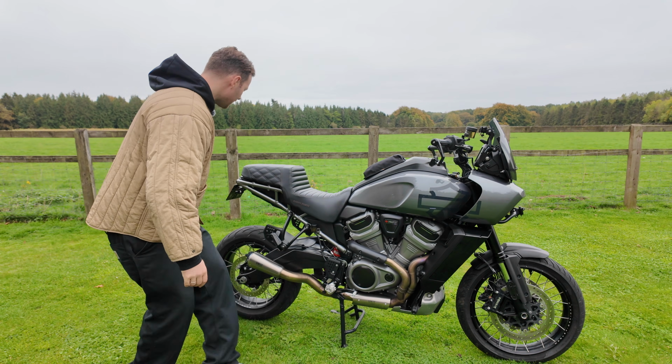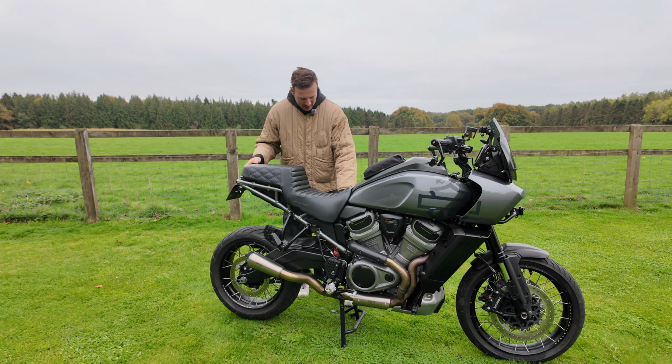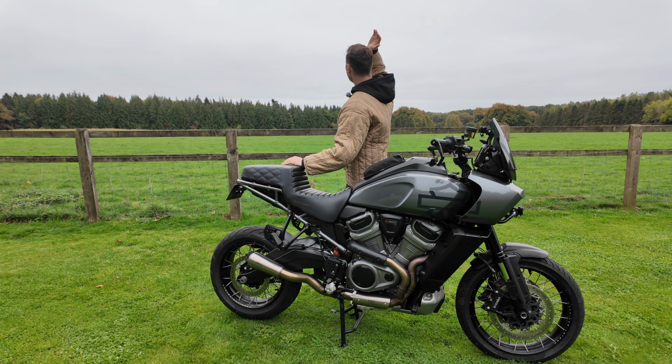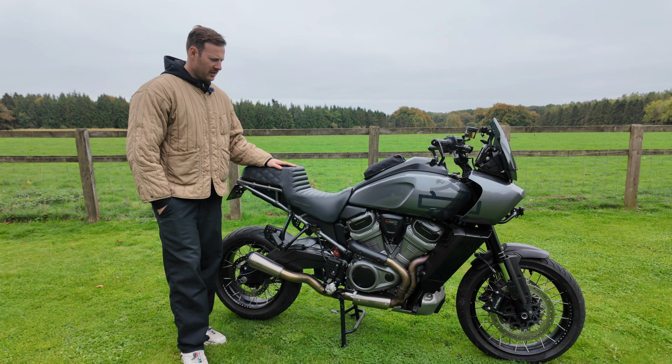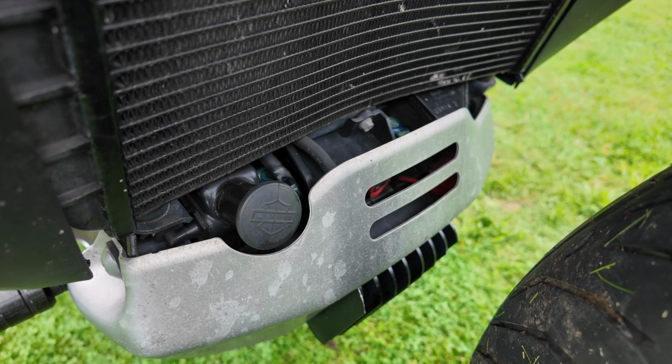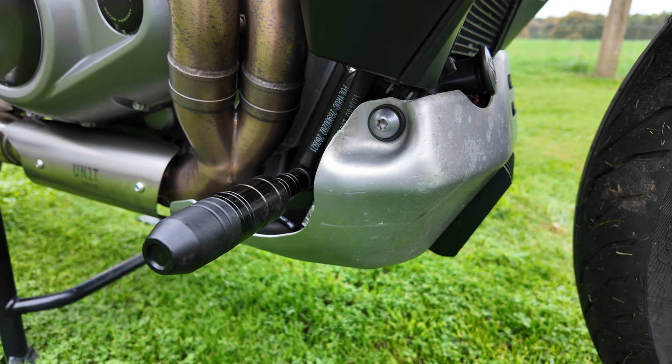Let's have a look. Is it under the seat like every other motorbike? No, it's not. But if it's not under the seat, where is it? You've got to be kidding. Underneath the bike, beneath the skid plate, half an hour of faffing about just to take the damn skid plate